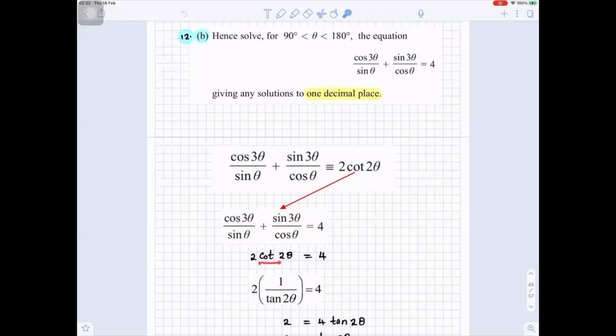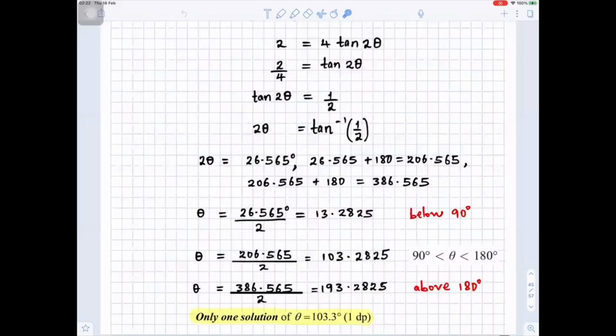Now cot 2 theta is the same as 1 over tan 2 theta. And we take the tan 2 theta to the right-hand side. It becomes 4 times tan 2 theta equals 2. And we take 4 to the left-hand side, it becomes divided by 4. So tan 2 theta equals a half. 2 divided by 4 is a half. So 2 theta is inverse tangent of a half. When you get inverse tangent of a half, you get